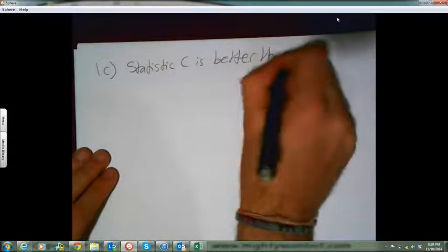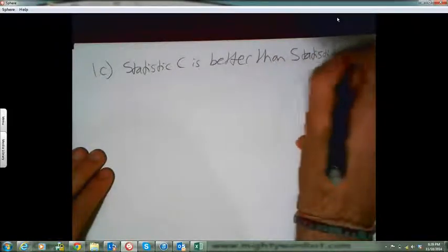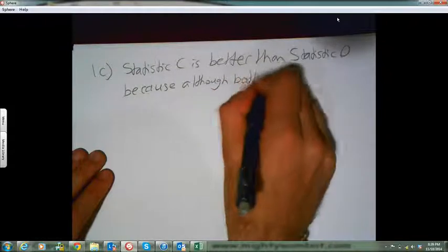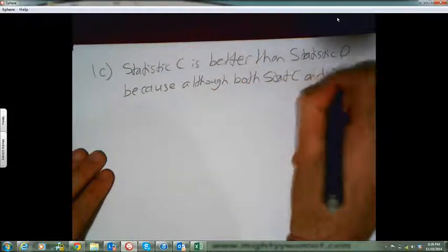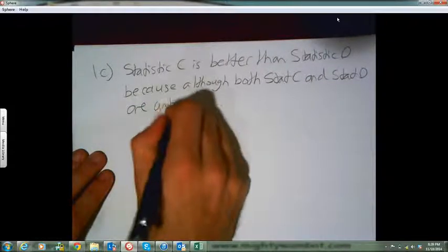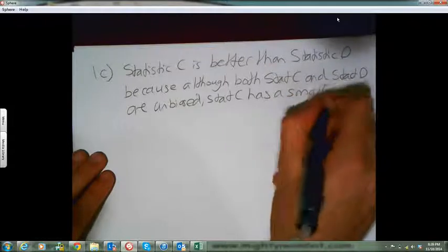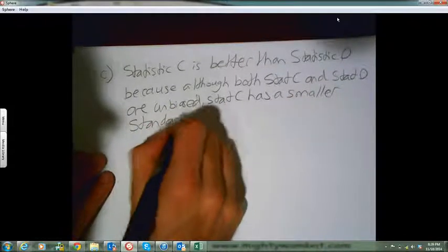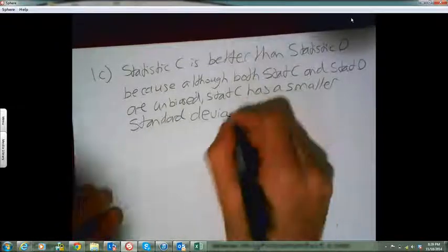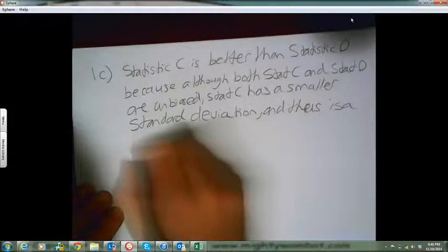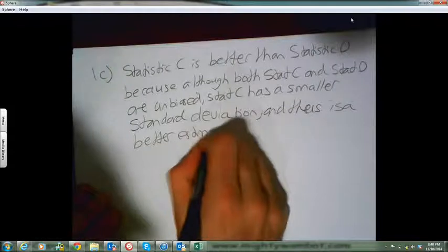Well, I would say statistic C is better than statistic D, because although both stat C and stat D are unbiased, stat C has a smaller standard deviation and thus is a better estimator than is